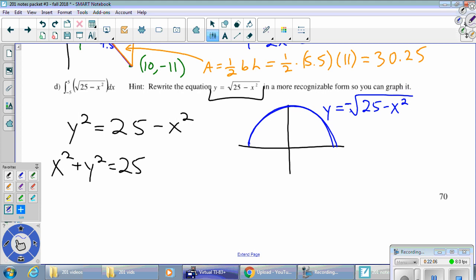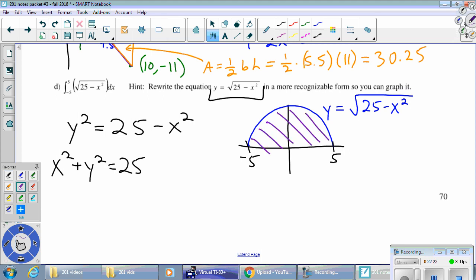And we are integrating, according to this, from negative 5 to 5. But the radius of this one is 5. So negative 5 to 5 is actually exactly the x-intercepts of that top half of the circle. And so this integral is really just asking us for the area of the top half of the circle. Unfortunately, that's something we know how to do. So this is equal to,